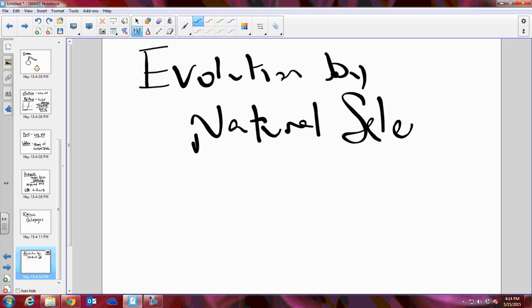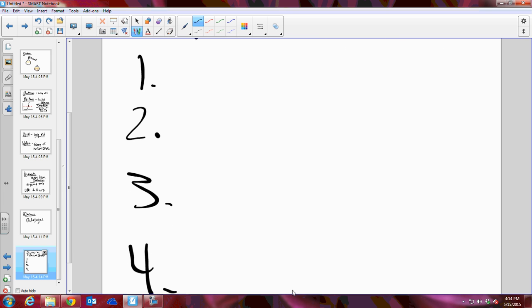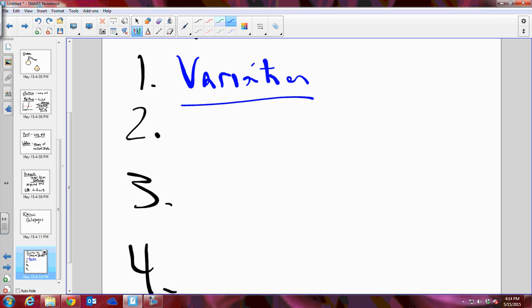And there are 4 particular postulates when it comes to natural selection that Darwin used. The first is this: that in a population, that population will have variation. What is variation? There's just different physical characteristics within a population. Any given population, not all the organisms are going to look alike, because there are different things that cause variation in a population, which we'll talk about. And these variations lead to